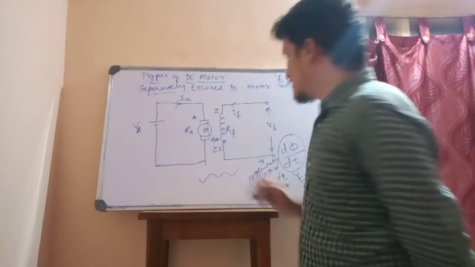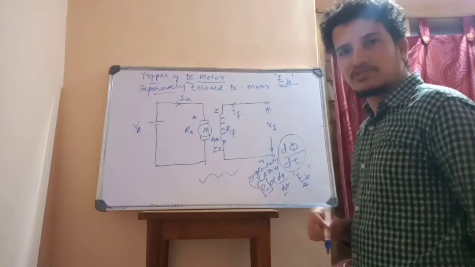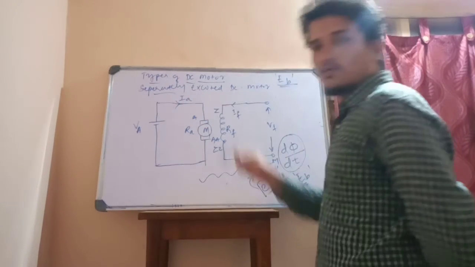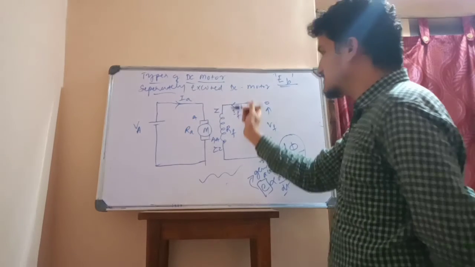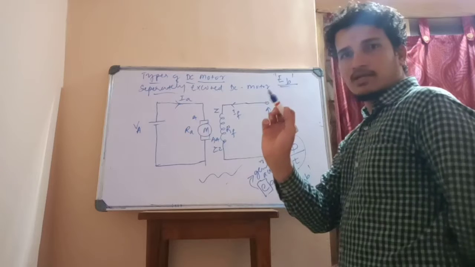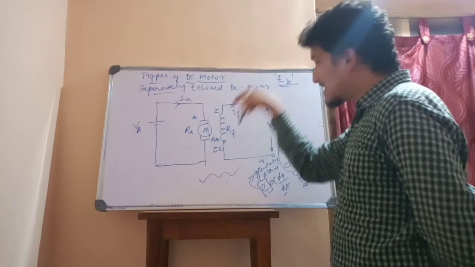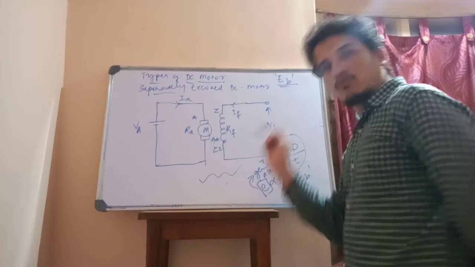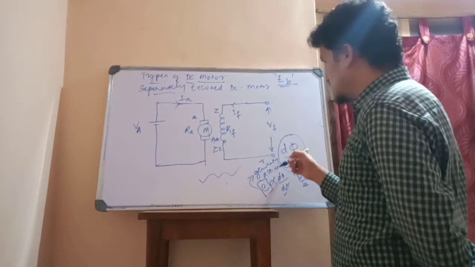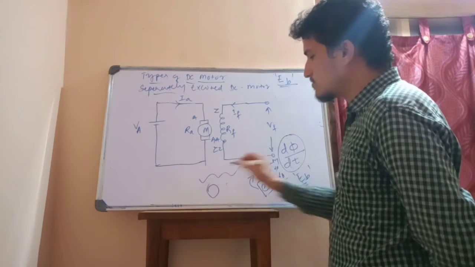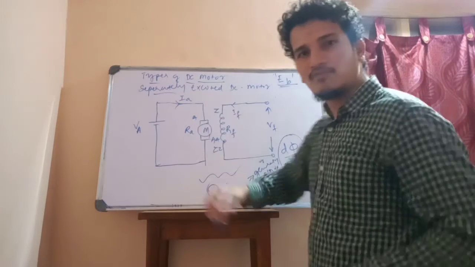So I will repeat the sentence. When you pass an armature current into the armature, so it carries a current, when this current carrying conductor is placed in this magnetic field, it rotates in the magnetic field, so the armature conductors cut the magnetic field. So when it cuts the magnetic field, what does it mean? The flux is changing with respect to time throughout the 360 degrees. So when flux changes with respect to time, an EMF is induced.